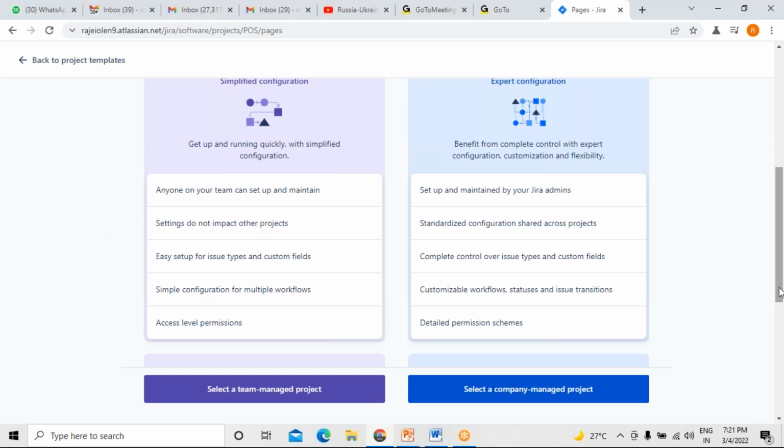You mentioned somewhere that it also includes multiple projects. I mean, in company managed, we can manage multiple projects, but in team managed, we cannot, right? No, even now you can see, in team managed I have multiple projects. I already created a few projects which are there in Jira, and I am creating one more to show you. So you have created multiple projects even in team managed.